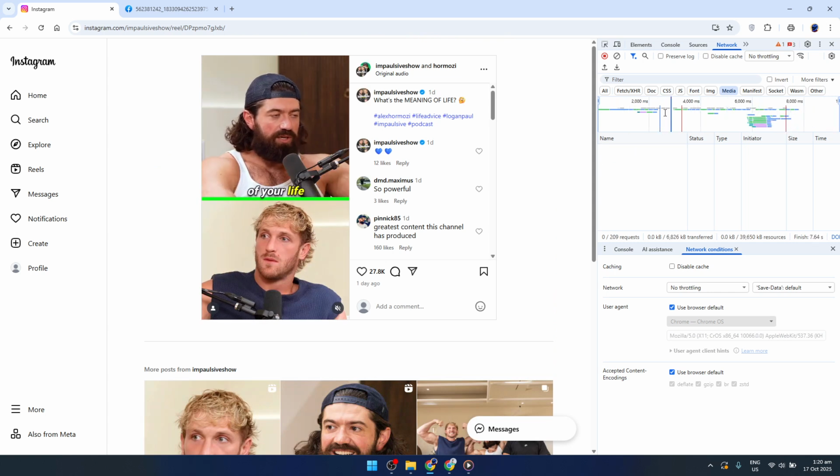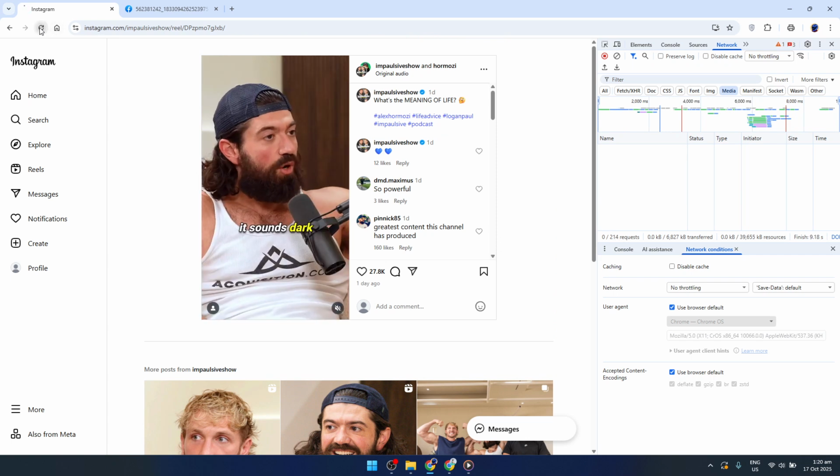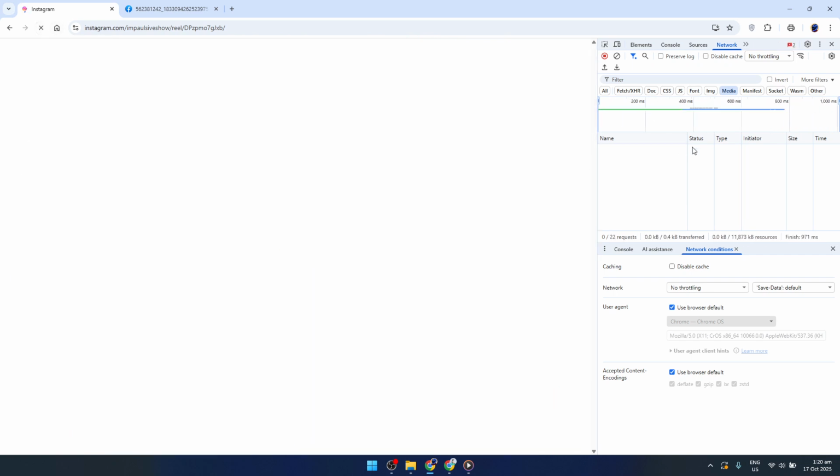PC using Google Chrome. Remember, this method should only be used for saving media that you have permission to download or